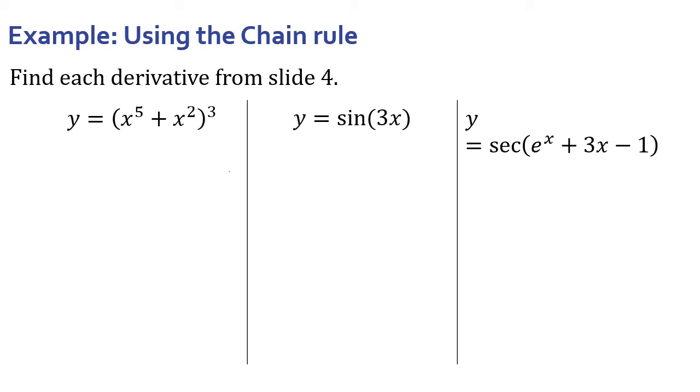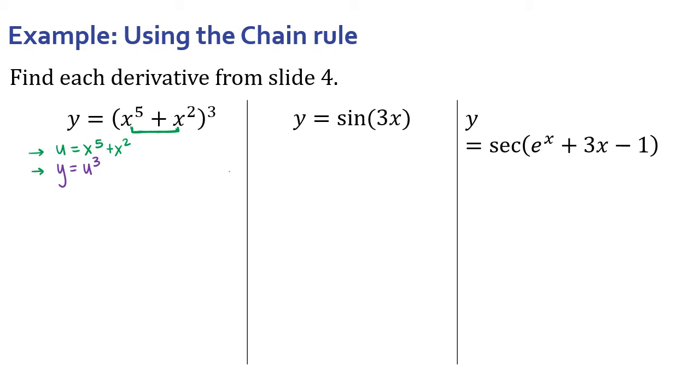Okay, so we established that our inside function was x to the 5th plus x squared, and our outside function, if I did it in terms of u, would be u cubed. So again, if I'm calling this u, I can take that out and put u cubed. And both of these are things that I can actually differentiate. All right, so when I go through to do this now, this is going to become,